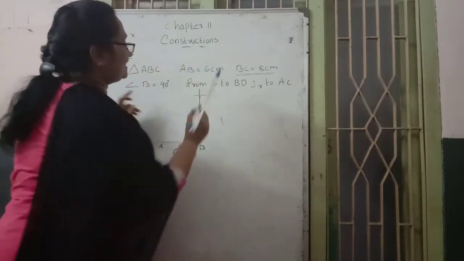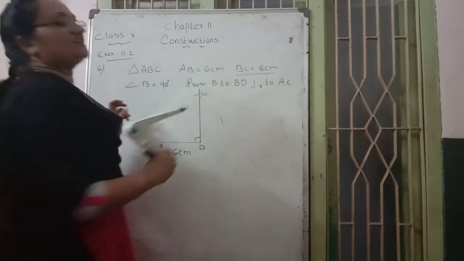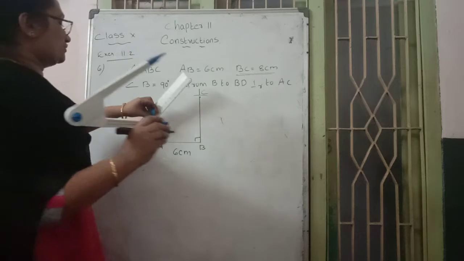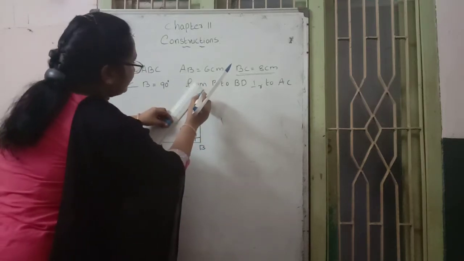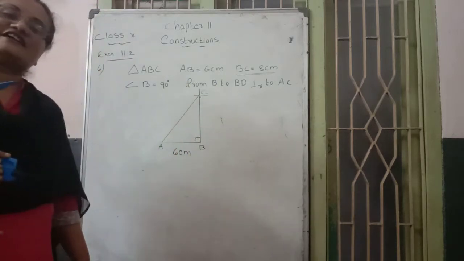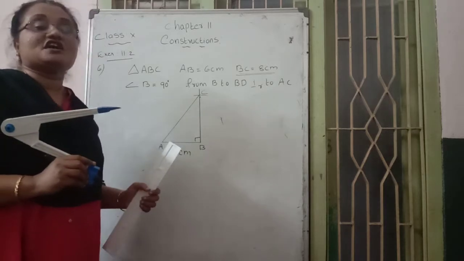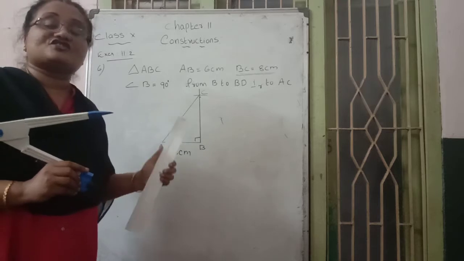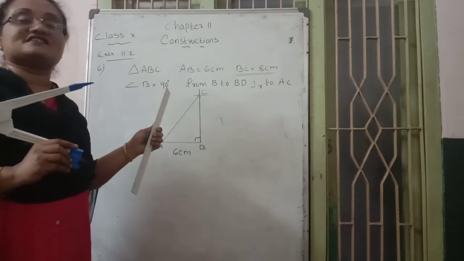The arc and the 90 degree line intersect at a point; give it the alphabet C. Then join A to C with a straight line. We get a right angle triangle. What is our question? We want to draw the tangent. How is it possible to draw the tangent? Only when two circles are drawn, the intersecting point we can mark as a tangent.